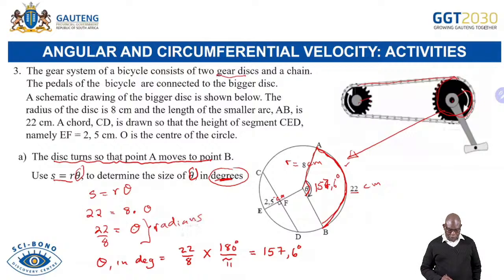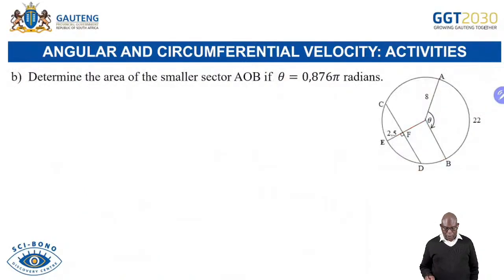Then I need to change it to degrees. Changing it to degrees, remember the degrees must be on top, the pi must be at the bottom. So that is the angle that I'm going to get. Now, B says, calculate the area of the smaller sector AOB. So this is O here, right? So AOB,